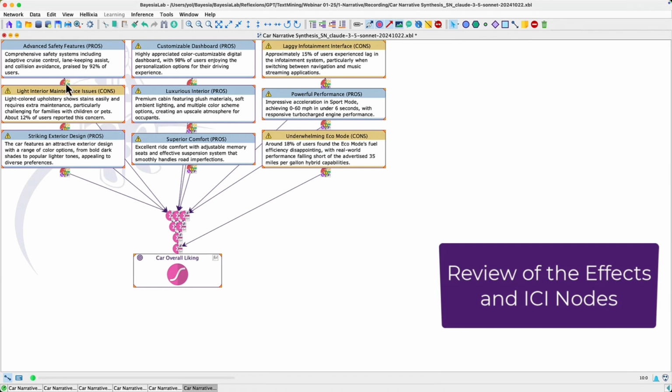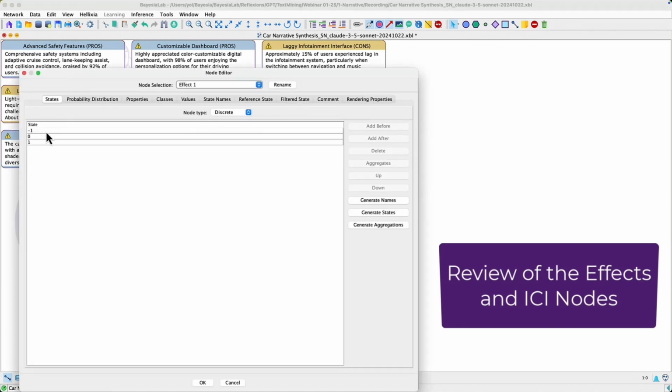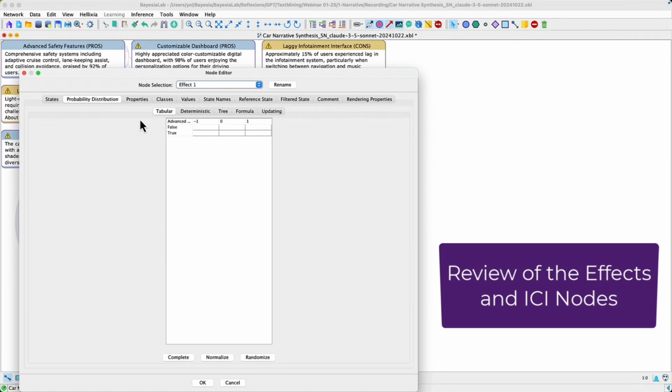So let's have a look real quick at the local effect node. You see it has 3 states, -1, 0, 1, which means that when it's false, we will need to identify it. When advanced safety feature is false, does it have a negative effect, a neutral effect, or a positive effect? And same thing when it's true, right?